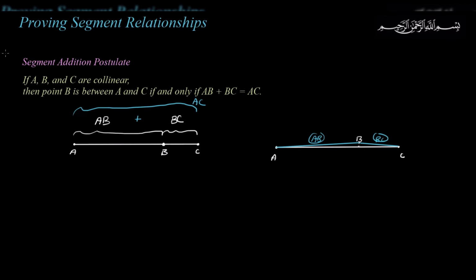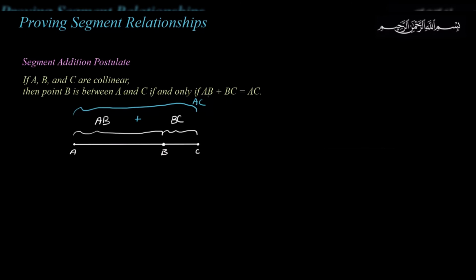Okay, so this postulate seems intuitive, but it's a very tricky and profound concept, because in real life you might not be readily able to tell if a particular point is in between two other points or not. All right, so with that understanding, let's read this segment addition postulate again. It states, if A, B, and C are collinear, so if they're on the same line, you can be very confident that B has to be between A and C,